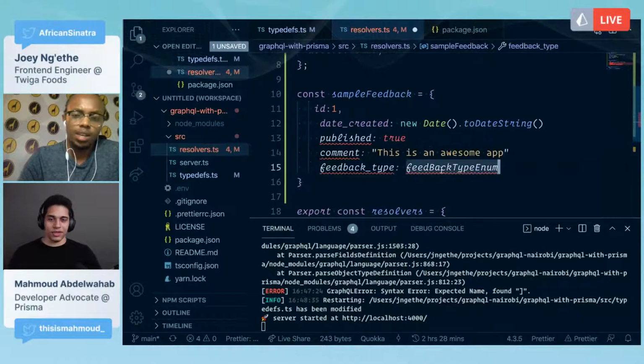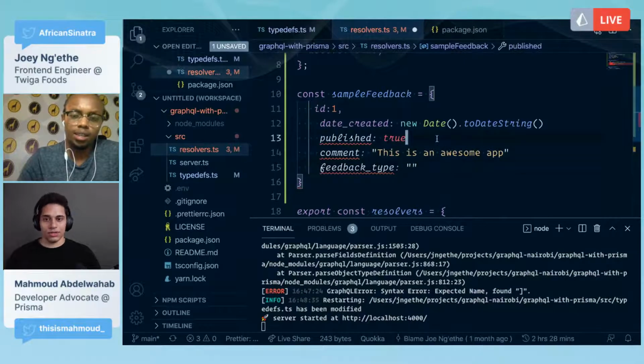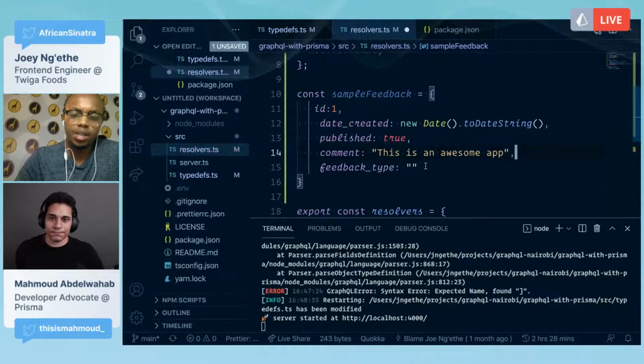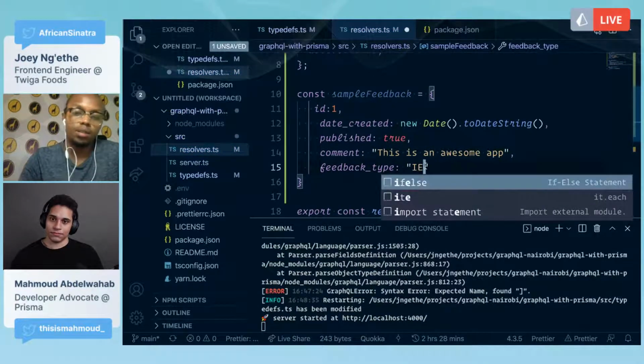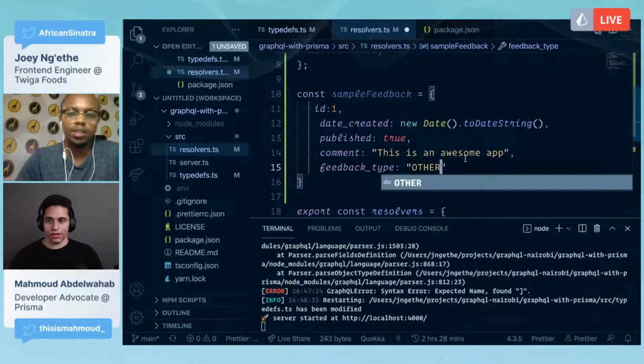Okay, so right now we're also creating static data called sample feedback, so we can test our query. Then, if you remember, the feedback type was, let's just say, other for now.